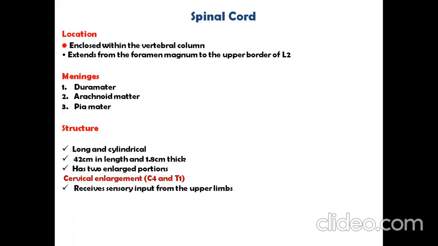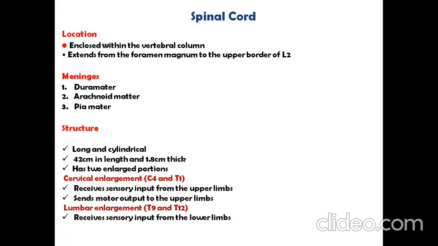Receive sensory input from the upper limb, send motor output to the upper limb. Next one is the lumbar enlargement, it means the T9 and T12. Receive sensory input from the lower limb, send motor output to the lower limb. Now the function: conduct the sensory signals up the cord, conduct motor signals down the cord, integrate certain